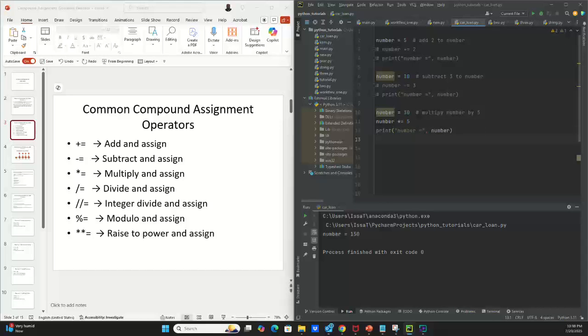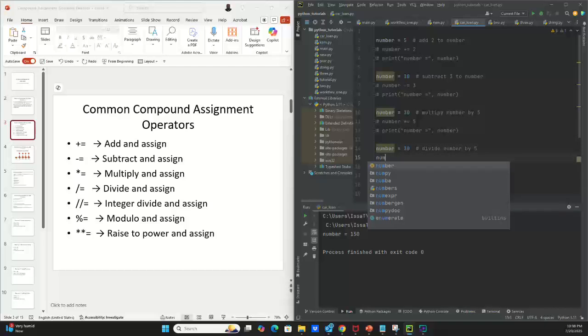Likewise, if we want to do normal division, I'm going to comment this out again so that we can all see what we are doing. Now this time we want to divide number by 5. So remember what you're going to do: number,